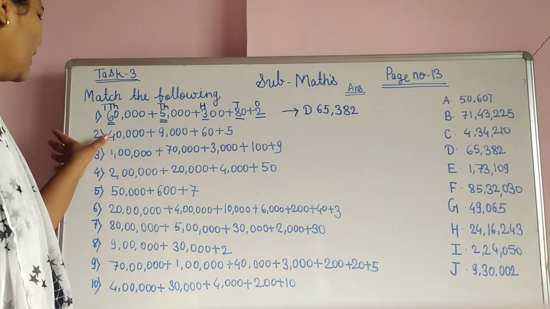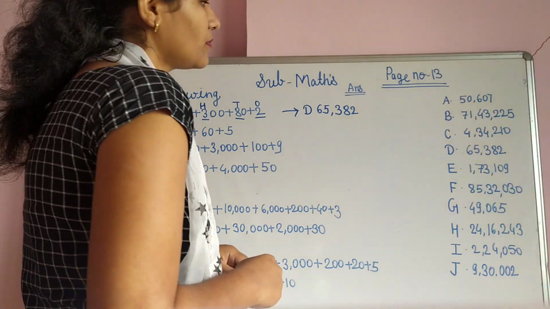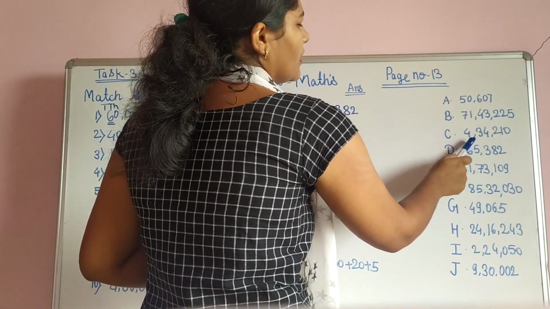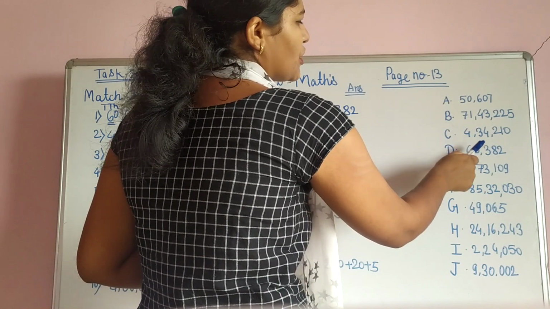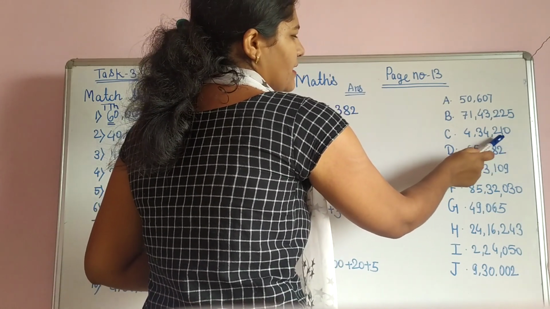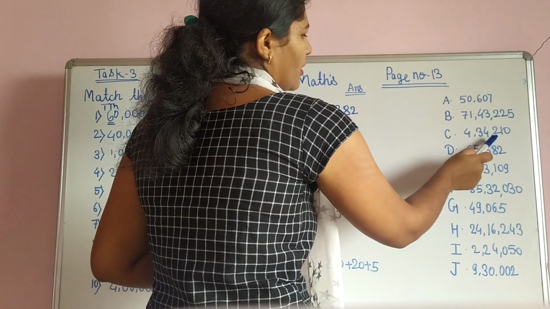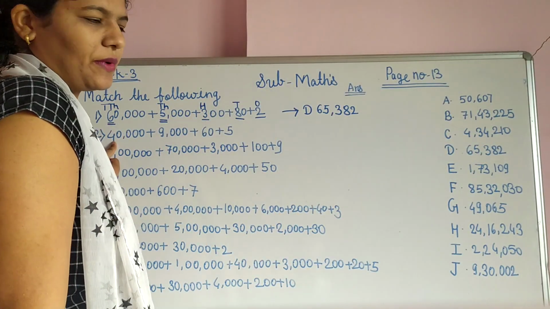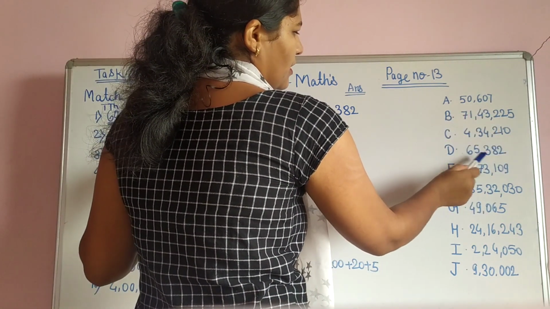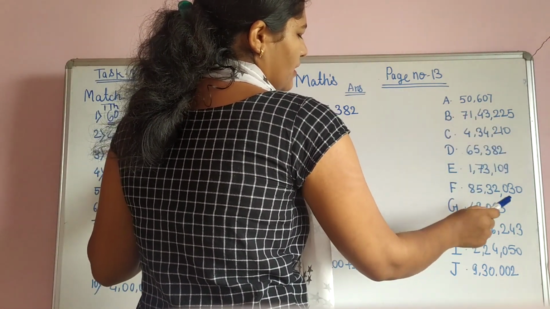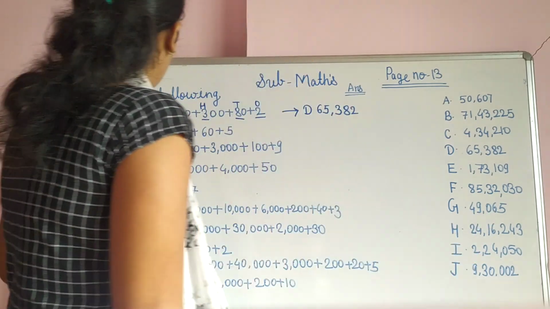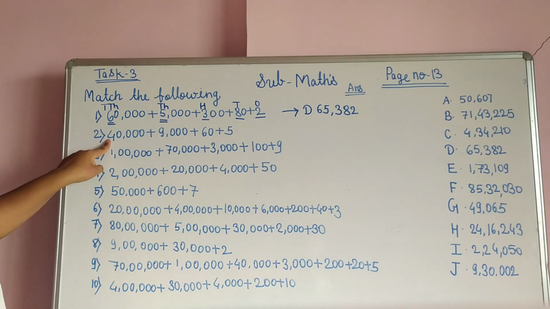So let us find it. 4 we want on the 10,000 place. We will see. See, here is 4 there? No. Here also no. Here it is there, but on which place is this 4? See, ones, tens, 100, 1,000, 10,000 and lakh. We want it on the 10,000 place. So this one is not there. This one also not. Yes, this one is there. We will check it. See, 4 is on the 10,000 place.